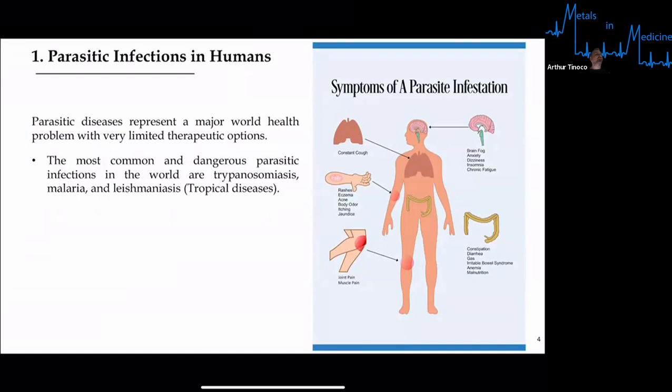And so it turns out that these types of diseases represent a major world health problem, as there are very limited therapeutic options. Some of these are considered rare, and so there are not as many things available, or at least not much of an economic incentive to try to create drugs. So the most common and dangerous parasitic infections in the world are trypanosomiasis, malaria, and leishmaniasis, which is a